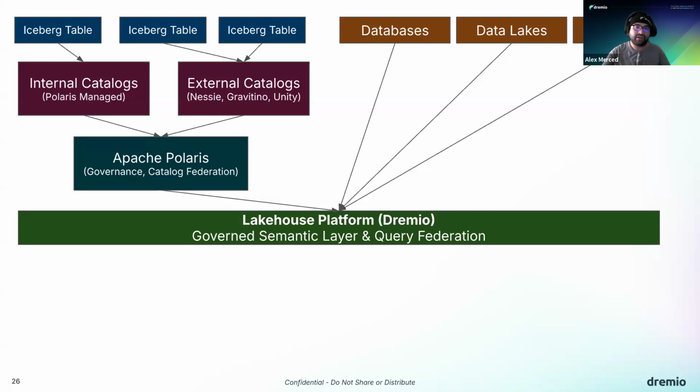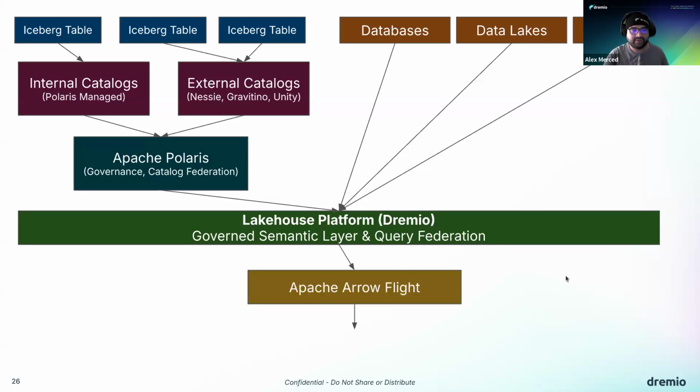This allows you to have another layer of governance through a governed semantic layer in the Dremio platform, and the ability to federate queries among all the tables you have access to through Polaris, along with your databases, data lakes, and data warehouses. Okay, giving you a real, full, robust lakehouse picture,